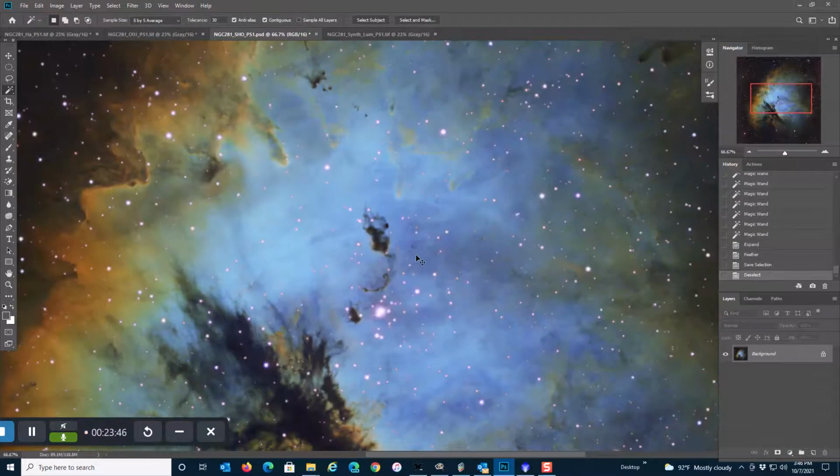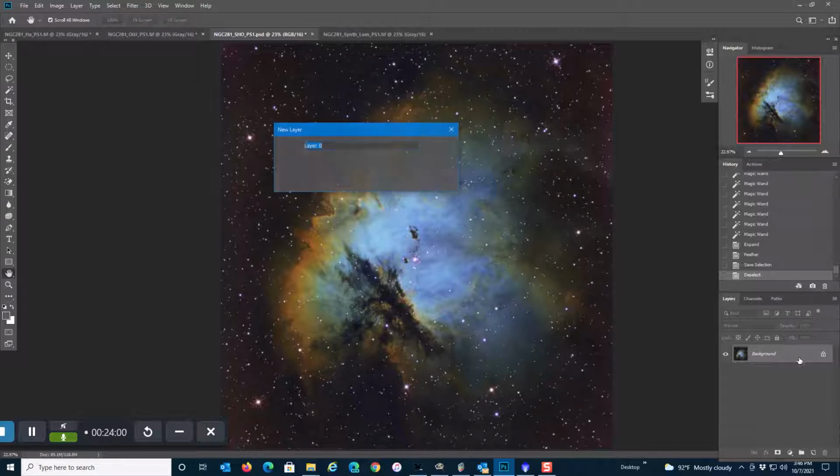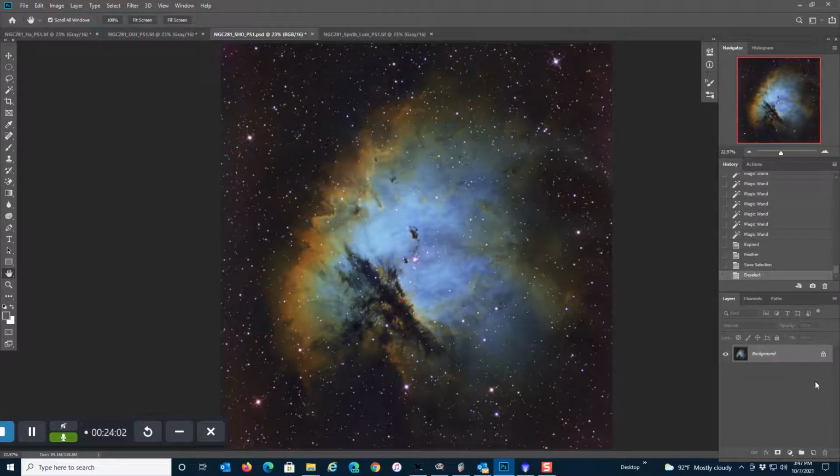So I can do Control D to deselect. And what I do at this point is some noise reduction. I usually do my noise reduction up front because I'm going to do some sharpening later, and I don't want to sharpen noise. So I'm going to make another layer here, and I'm going to come up to Filter, Camera Raw Filter,